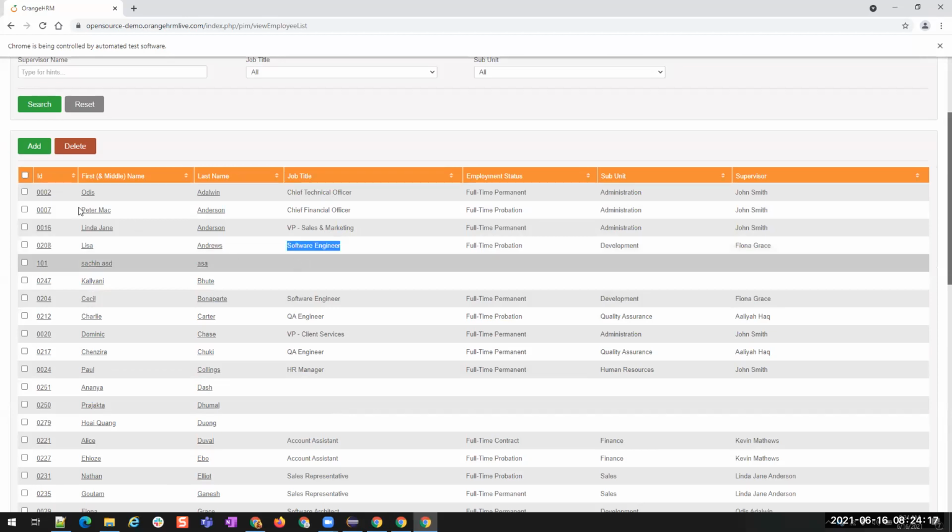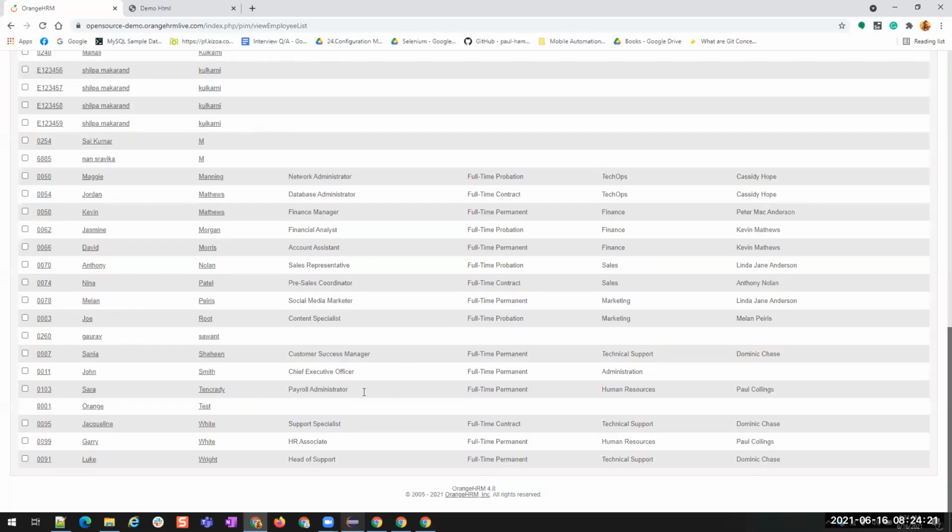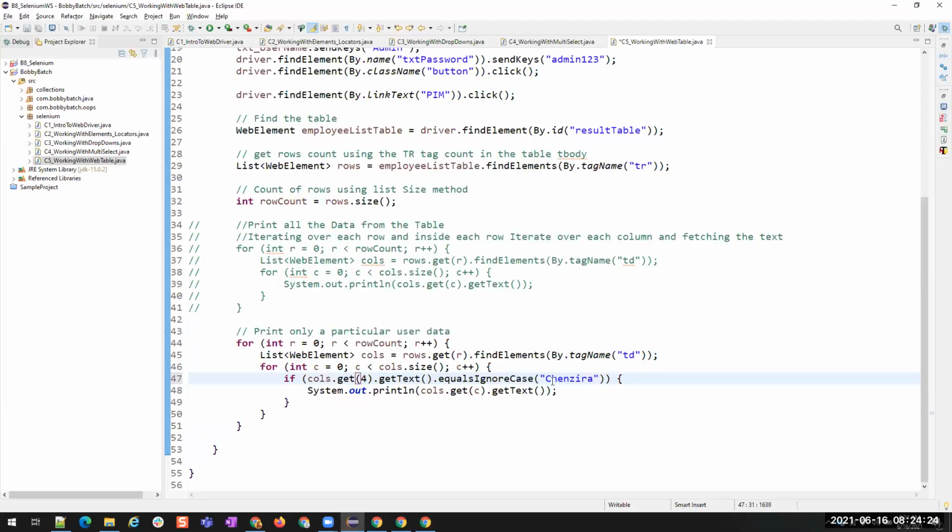So I'll change this number to 4 and then I'll pass software engineer. Now this will print all the users data whose job title is matching with software engineer. Let's see that.